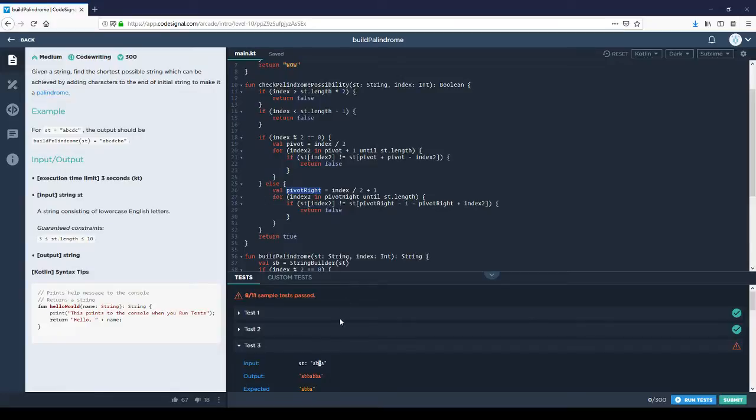If index 2 is not equal to pivot right - 1, that's pivot left, and minus pivot right plus index 2, and it needs to plus 1 again, I would say. So that would be